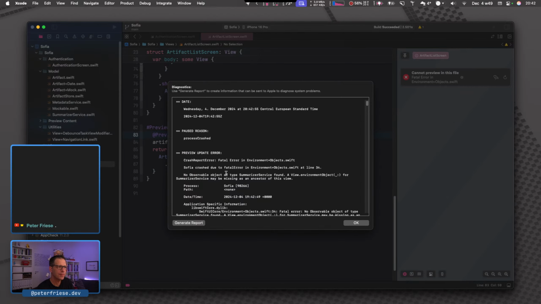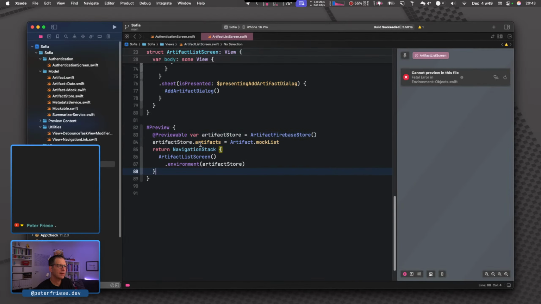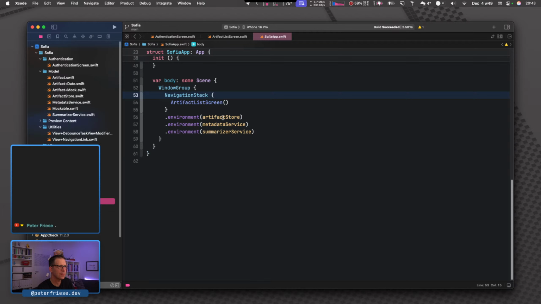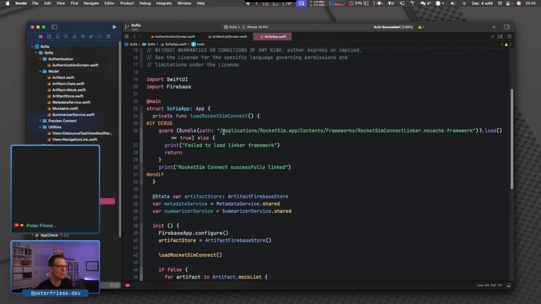What's going on? Oh, we don't have a summarizer service. Yeah, let's put a summarizer service. And there is probably a little bit more. So what else? And the metadata service.